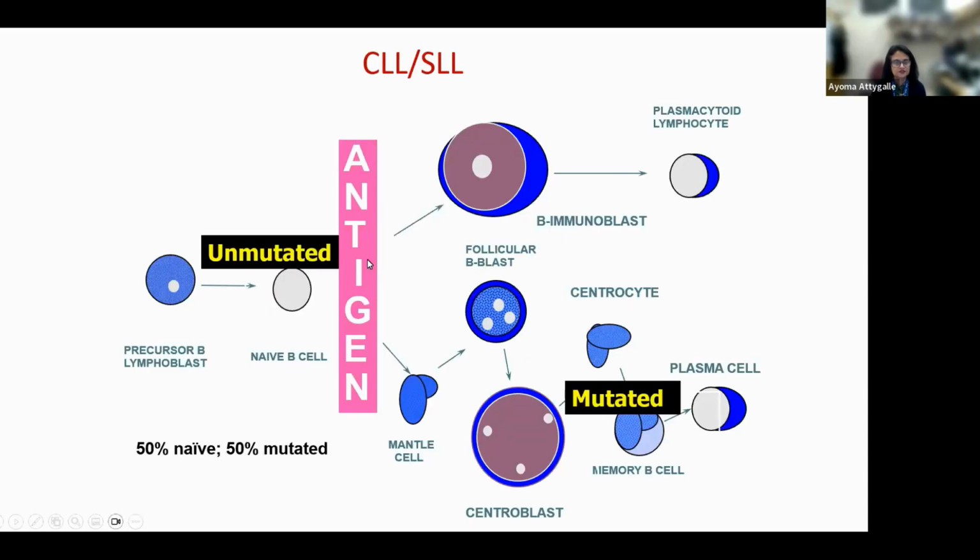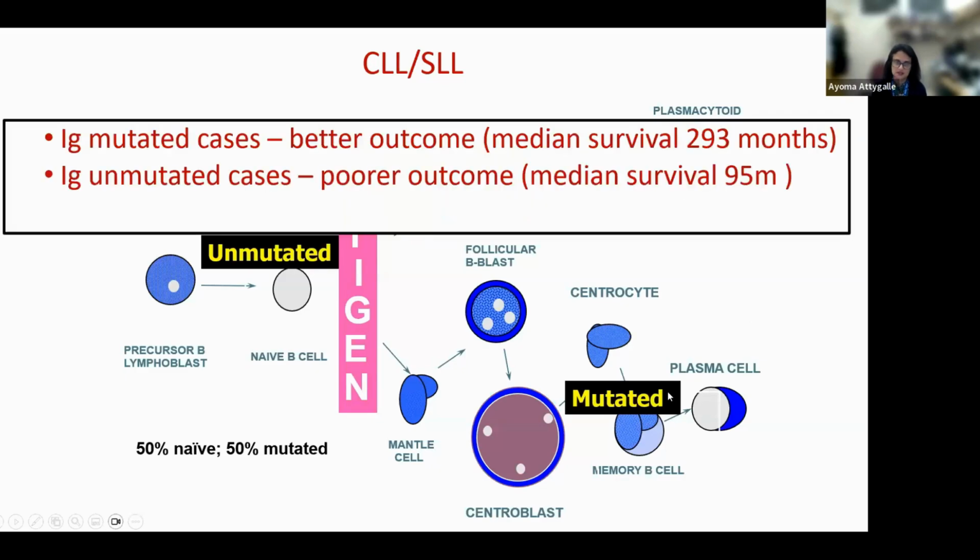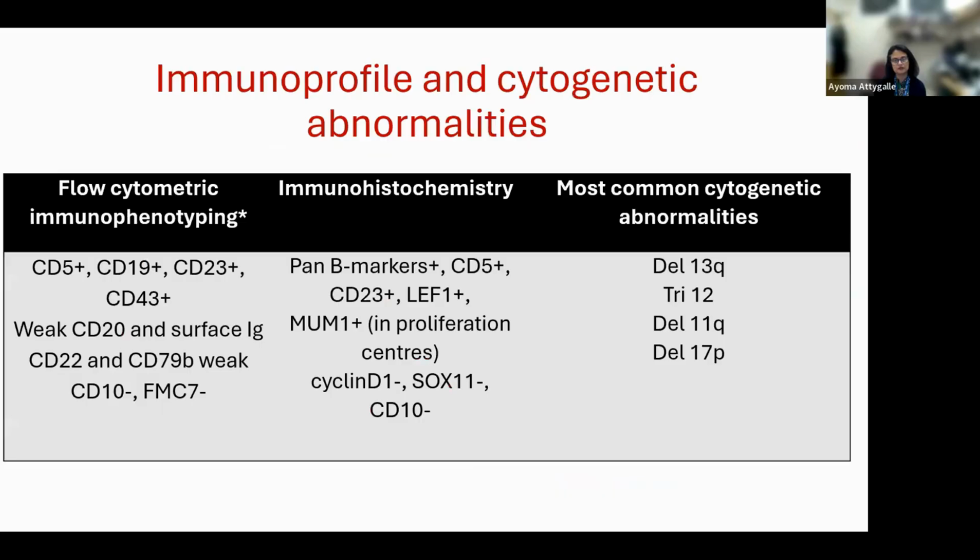So 50% of these are unmutated, whereas the other half are mutated. And the IG mutated cases have a better outcome, as you can see from the median survival of 293 months, as opposed to the unmutated cases, which have a poorer outcome. So on flow cytometry,